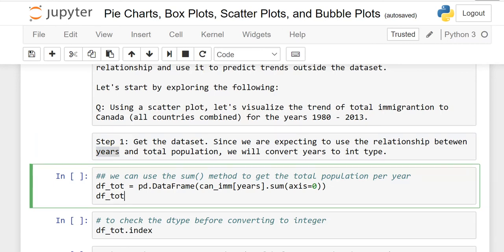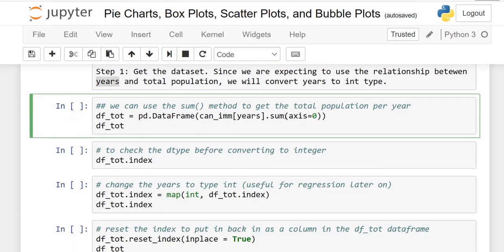So first we have to find out the individual total of 1980. How many people migrated in 1980 from different countries to Canada? Similarly for 1981, 1982, and so on. So here I have written this syntax, pandas dot DataFrame. Keep in mind, DataFrame you have to write exactly the same, D and F capital, remaining lowercase. Now this is your job as well. Write all in lowercase and try what happens. It will not work.